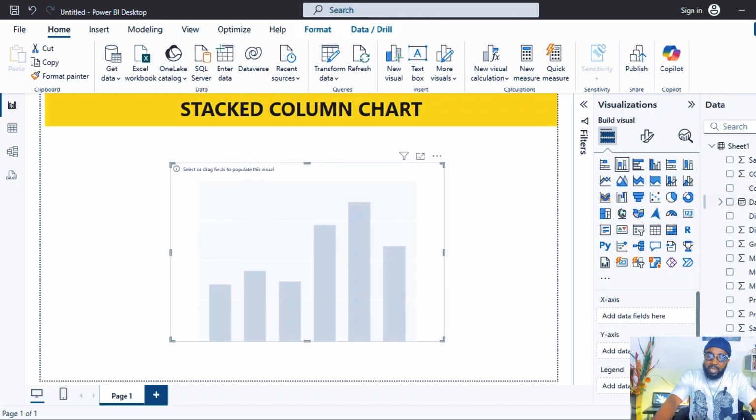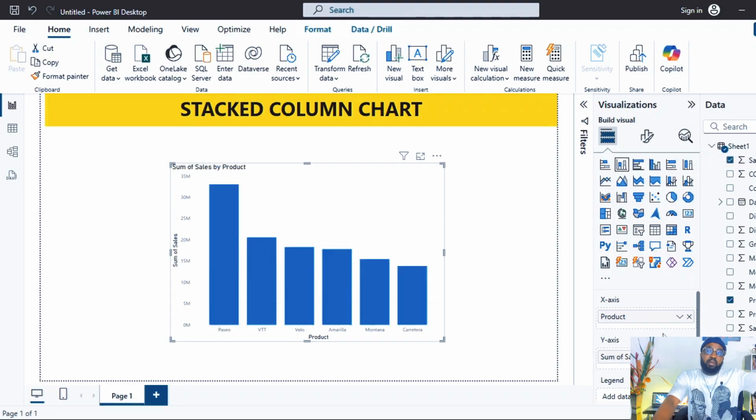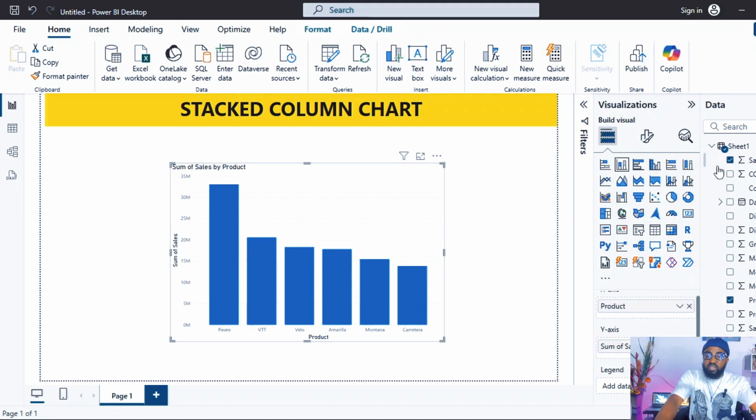I want to compare the products. I drag the product to the x-axis. Okay, then drag the sales to the y-axis. All right. So this gives me the one I already saw, the first column chart. To move it to the stacked column chart, you move the next